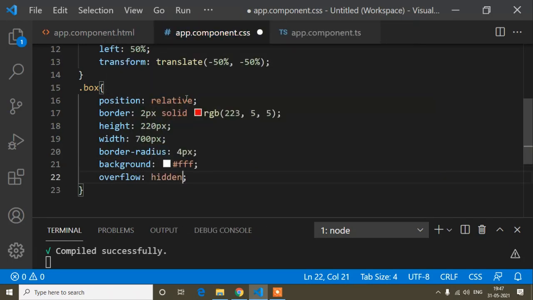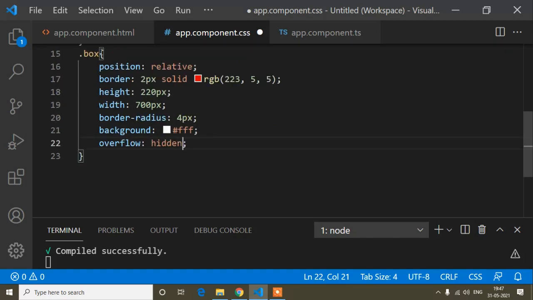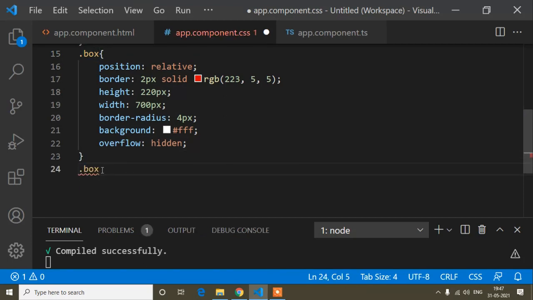Why I am writing this overflow hidden, I will explain next. But before that, here I will write another CSS, that is after, because inside this white color box I think you have noticed there was a red color circle in the top right corner. So this after will make this round element.